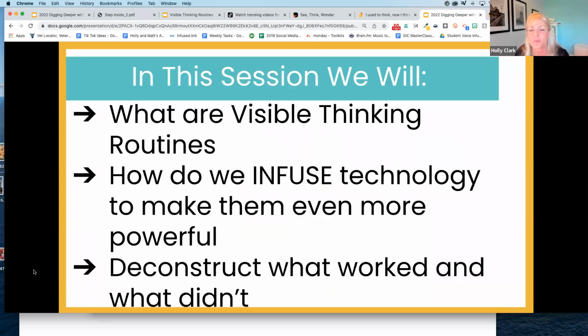But in this session, what we're really going to look at is our visible thinking routines, which you guys probably already know, but how do we infuse technology with these so that they become more powerful? And here's the message that I'm trying to get to teachers: we are infusing what is already research-based practices like differentiation.